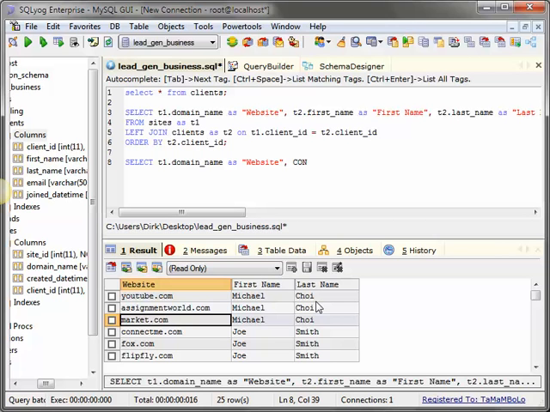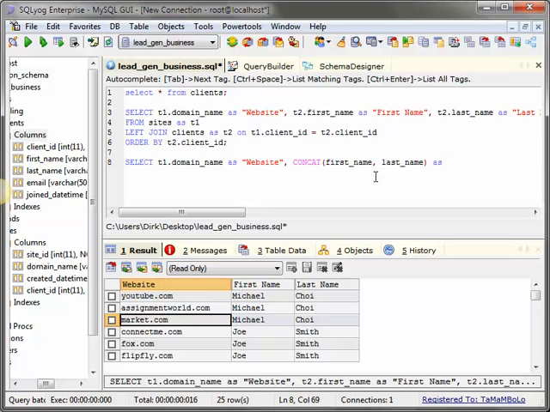How to use it is type concat, and then the first field you want to join, first_name, comma, the second field, last_name.